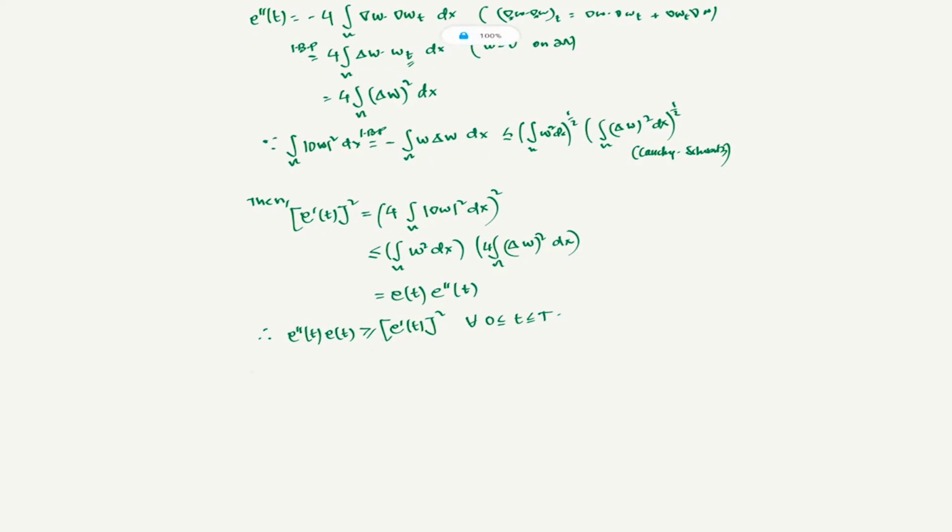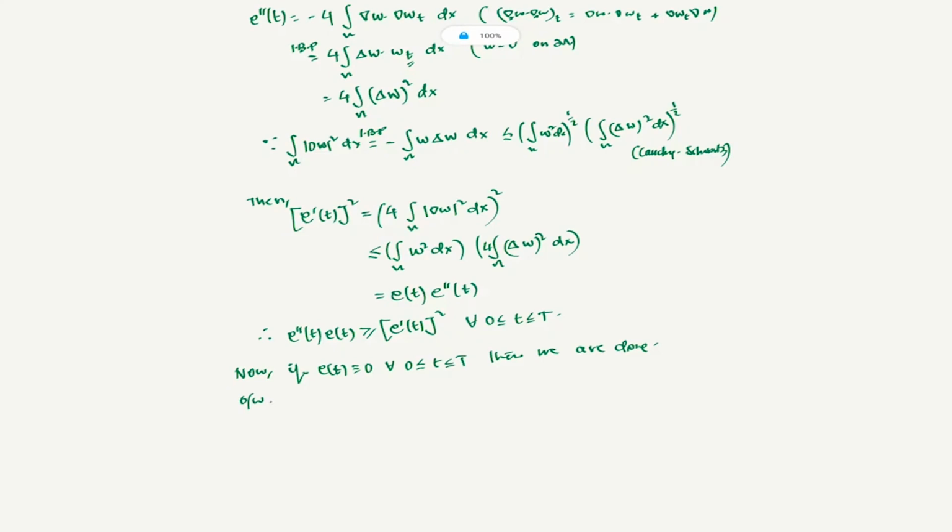So for the next step, I want to show uniqueness. If e of t is identically equal to 0 for all t between 0 and capital T, then we are done. Why are we done? Because e of t is the integral of w squared. If e of t is identically 0, the integral of w squared is 0, that will give you w is 0, and that will give you u equals u tilde. So we are done. Otherwise,